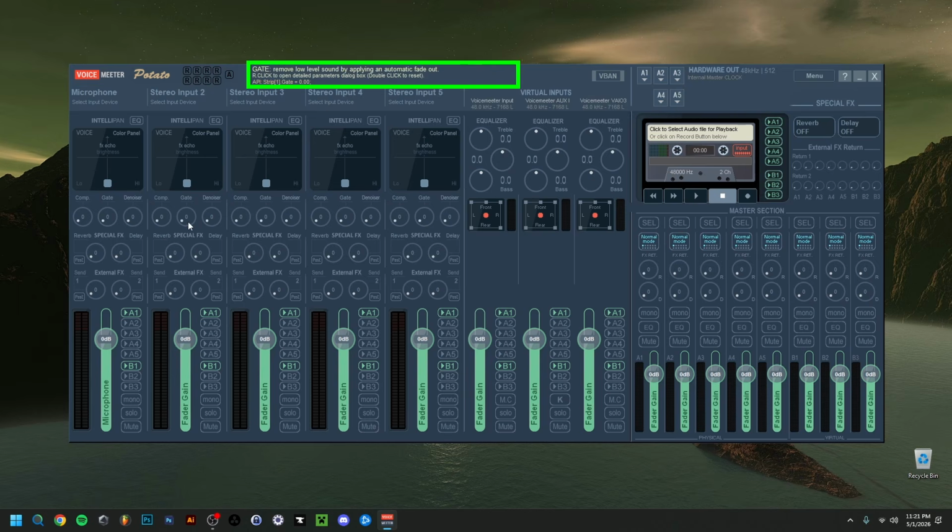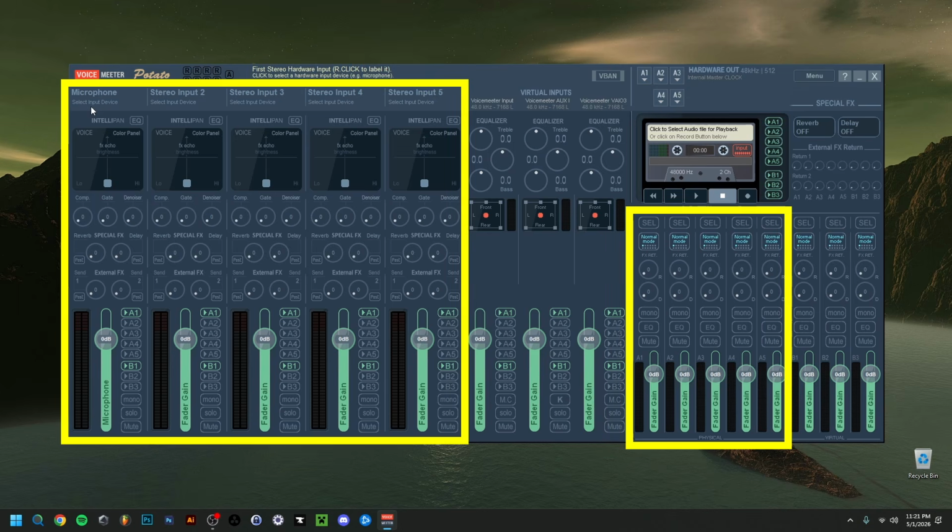As you can see, if I go on anything with my mouse, up there, so here, will be a sentence explaining whatever that option does in question. It's a nice little addition to Voicemeeter which you didn't have in the past, so do keep that one in mind. Then pretty important, here are going to be the first 5 hardware inputs, so stereo inputs, like for example